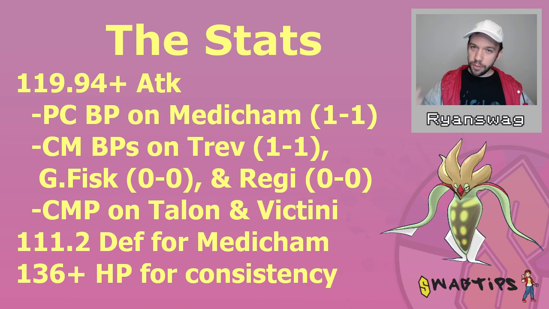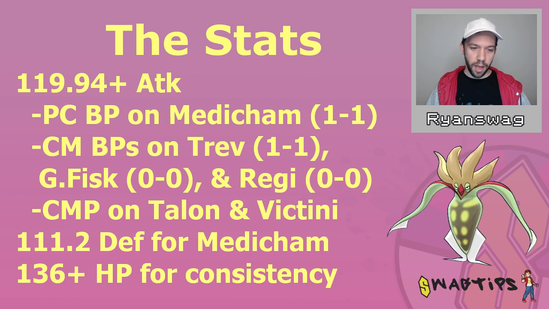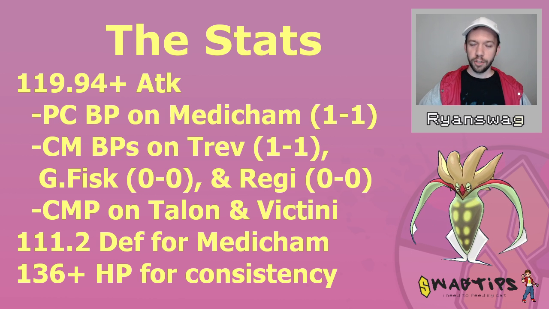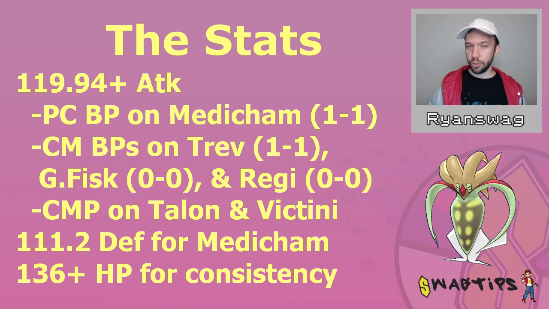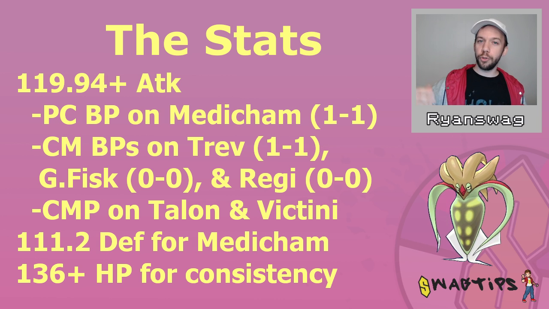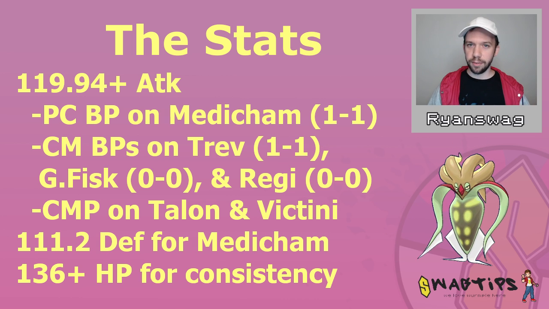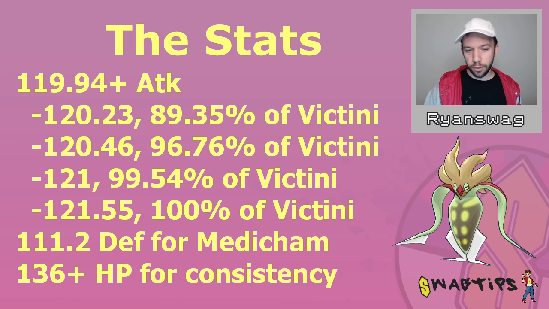Now, to have even greater consistency, and with the PvP IV tables I have linked on the GamePress article, I'm going to be recommending an attack weight of 120.23, actually. Just because Victini is a one-time research reward Pokemon, players have no control over their Victini IVs, which means Victini's attack range can go from 117.55 all the way up to 121.55. So if you want to have a better chance of getting that CMP against whatever random Victini your opponent happens to have, you're going to want to have that higher attack weight. So the 120.23 attack covers